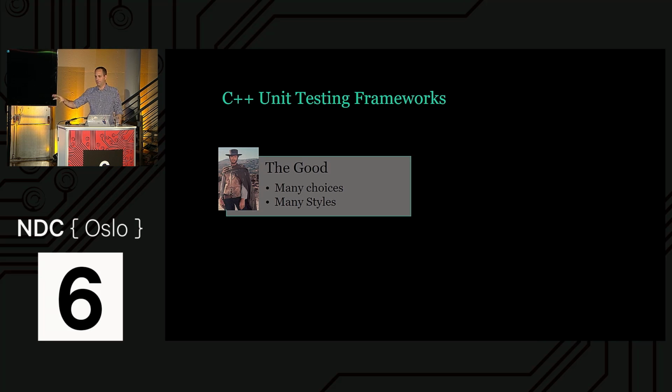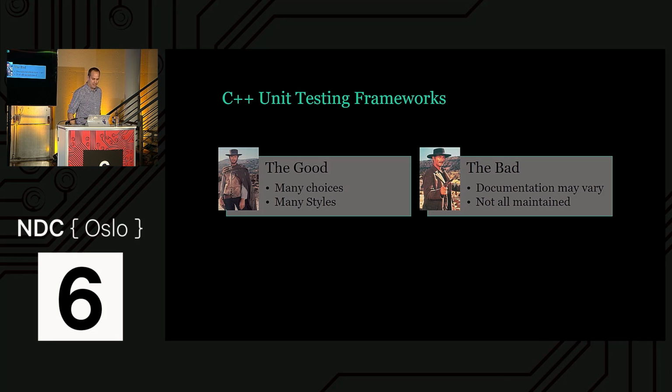If you go to the .NET framework, to C#, all of the unit testing frameworks look exactly the same, just like JUnit in C#. There are some minor changes between them, but you know one, you know them all. It's not the case in C++. In C++, I guess people are more open to experimentation, to trying things out, so you have a lot of options and a lot of styles to choose from. That's the good thing. The bad thing is that you don't always have documentation.